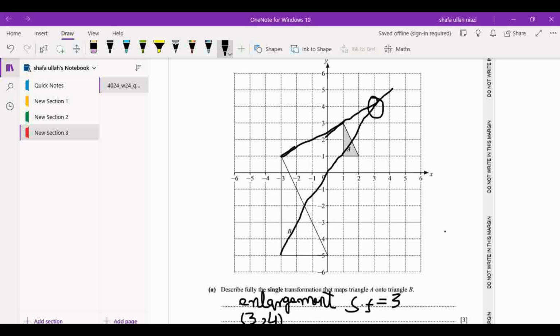That is enlargement, and to show the working, just join the object with the image and then produce it in the opposite side toward the object side, then the scale factor will be positive. Where the lines meet, that point will be the center of enlargement. Next is